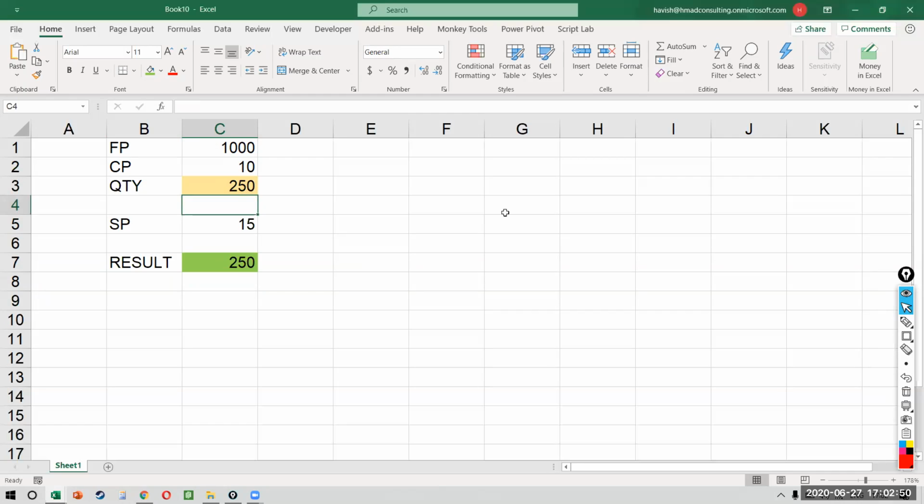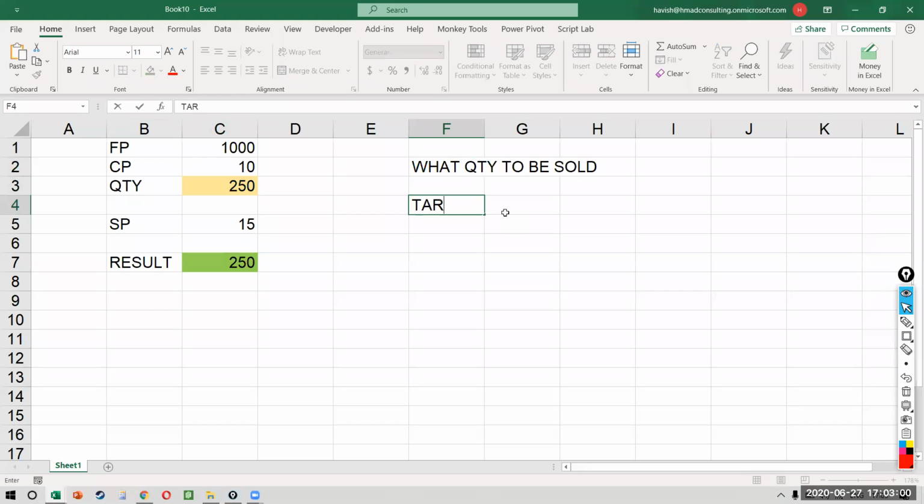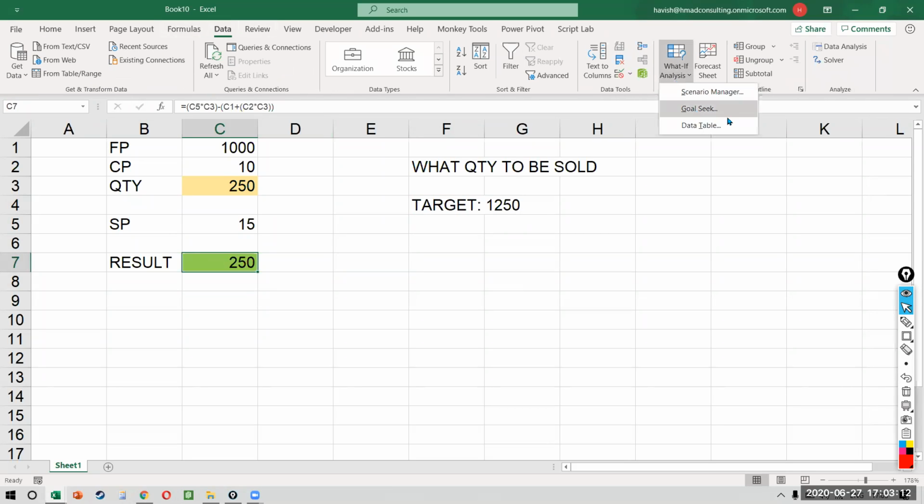What do I need to find? I need to find what should be the quantity that I should sell, right? So what quantity to be sold, where the target is to earn, let's say 1250, something like this. So I can go to my target cell, which is C7. In Data, we select What-If Analysis and then Goal Seek, because my goal is that I need to go to 1250.